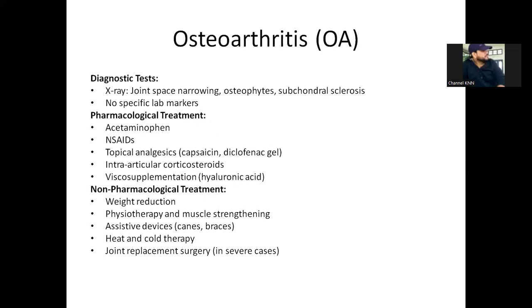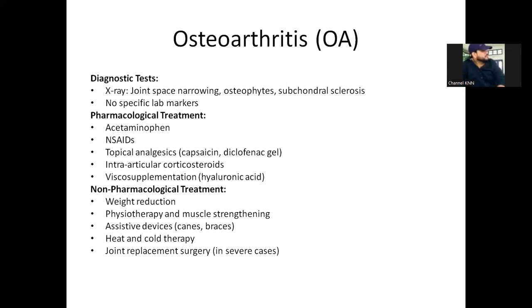Next, diagnostic tests. X-ray is mainly done to assess joint space and to identify osteophytes and subchondral sclerosis. No specific lab markers are there for osteoarthritis. Next comes pharmacological treatment and non-pharmacological treatment. In pharmacological treatment, mainly we give acetaminophen and NSAIDs for pain relief, and also topical analgesics like capsaicin and diclofenac. Intra-articular corticosteroids will also be given for treating osteoarthritis, and viscosupplementation like hyaluronic acid can be given for this